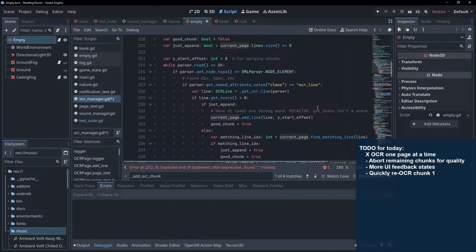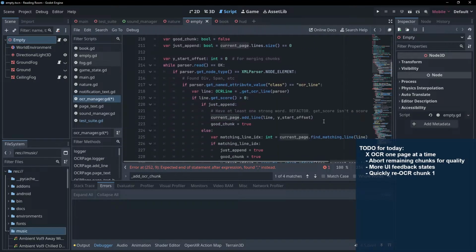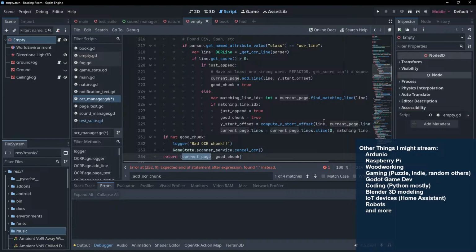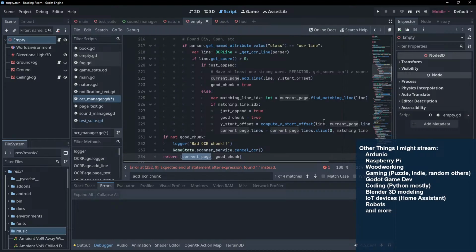Basically what this function is doing, at the end of the day, all things considered, we're processing the XML. We're looping over it for each line. We're adding that line to the page. That's really what this is doing. But if it fails to do that job,